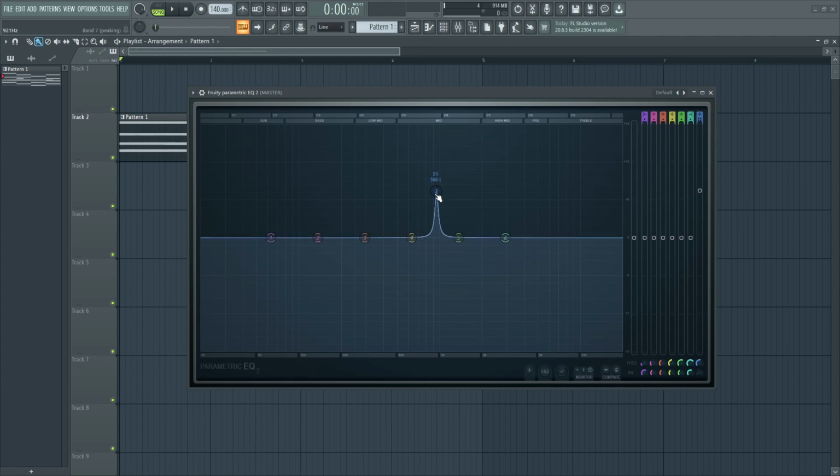And also within the peak filter you have the order option. So when you keep it on steep, you will be having such steep curves on both the sides, and if you use gentle curves, then it will be more smooth and it would sound more natural. So whenever you use steep curves, your EQ will be more precise, but it can sound unnatural sometimes. So make sure that you are using the correct type of order at the right times. So that's how you can use the parametric EQ too.